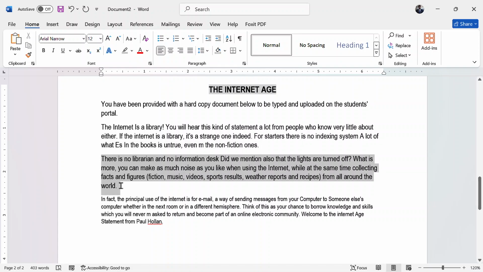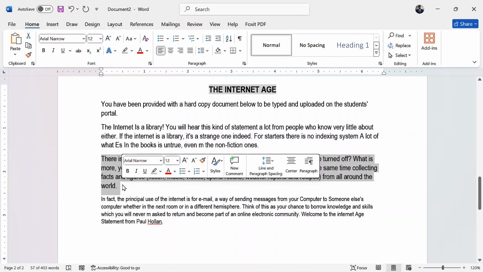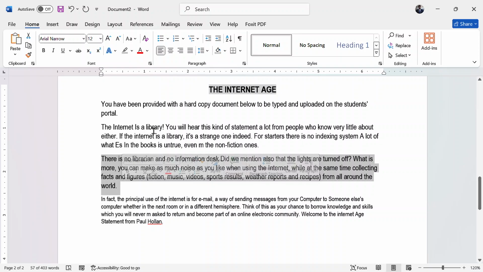I'll select like this. And after selecting it, make sure whatever kind of formatting that you want to apply to a particular text or a block of text, first of all, select it. So the very first step in applying any kind of formatting that you want is highlighting it or selecting it.